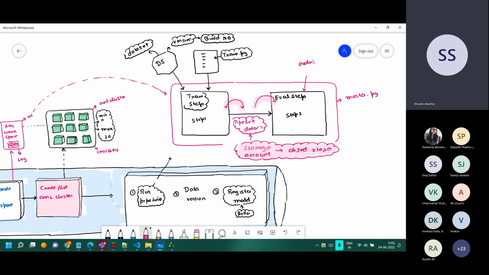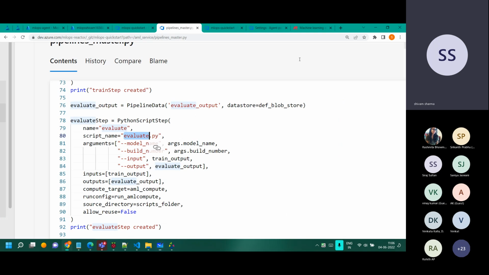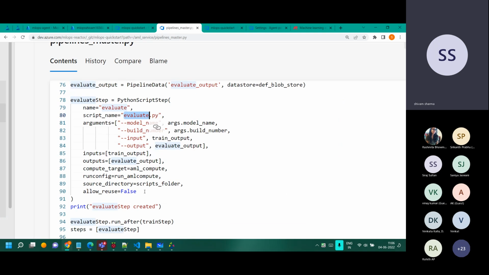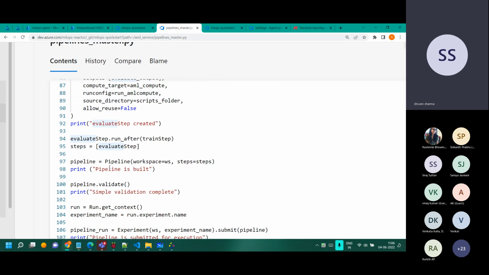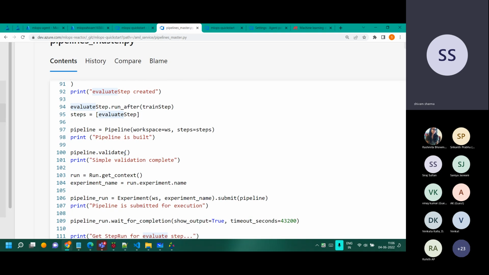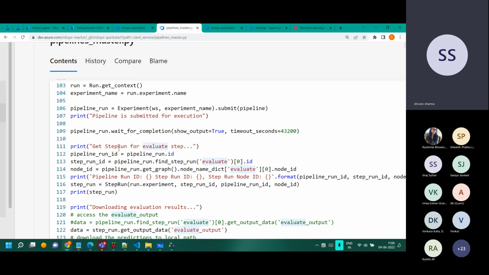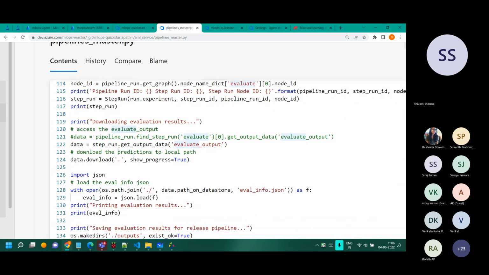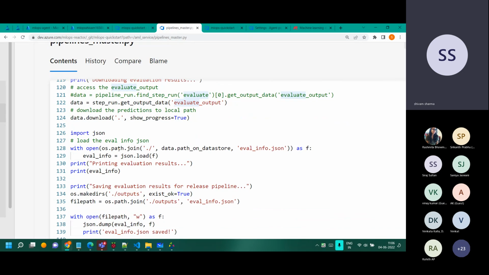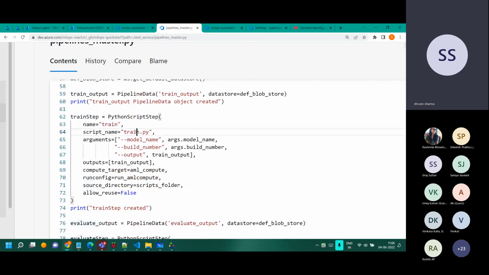So we have the evaluate.py over there. After these two steps, in the meantime, let me show you this train.py right over there, this step.